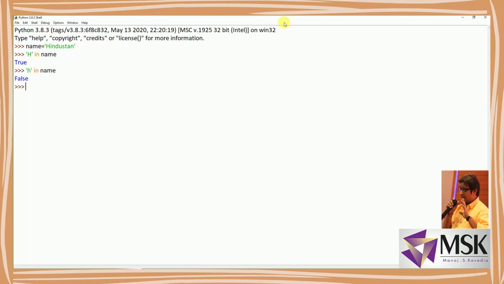Now I am writing hin in name. Now in is there, but h is small here. So let's see what output it gives me. It is giving me false because it is not finding hin in small. But if I write Hin in name, it is giving me true because capital H and small in is available in Hindustan. Fine.